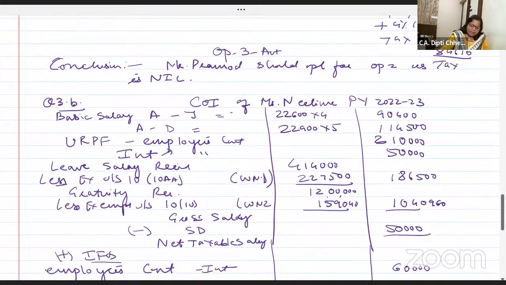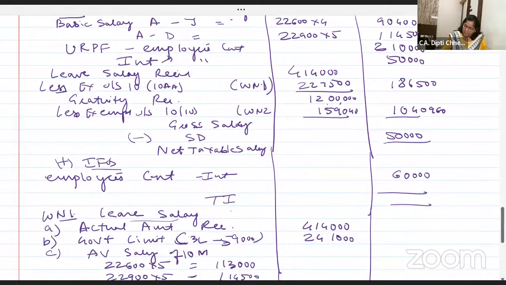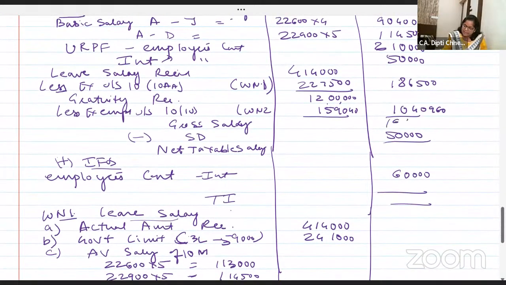अब पूरा सैलरी टैक्सेबल कर लो. 90,400 plus 1,14,500 plus 2,10,000 plus 50,000 plus 186,500 plus 10,40,960. 16,92,360 minus 50,000, 16,42,360 is the taxable salary, plus 60,000 is income from other sources, 17,02,360